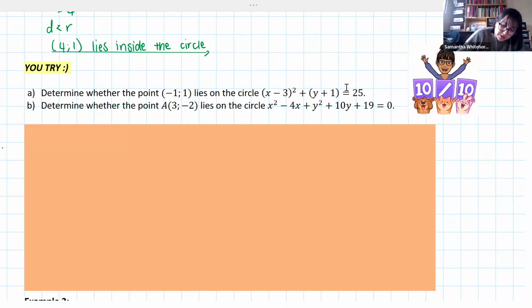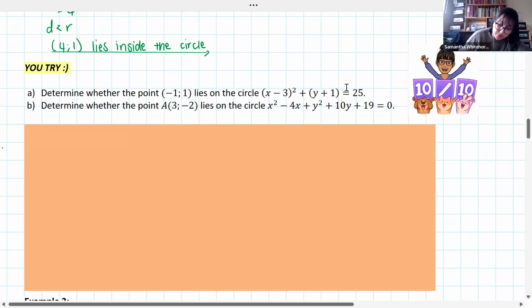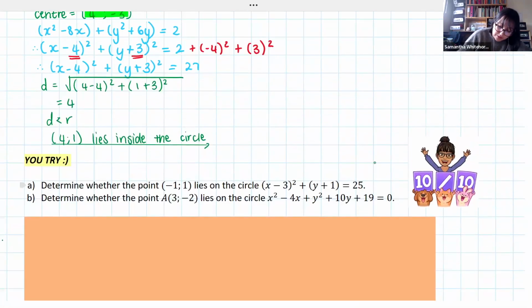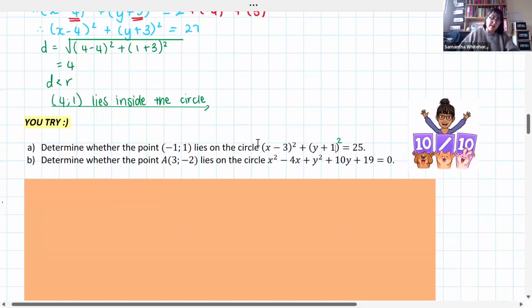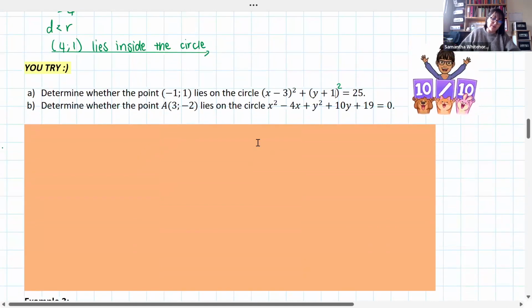Sorry, there should be a squared there. And then determine whether the point A, 3, negative 2 lies on the circle given by that